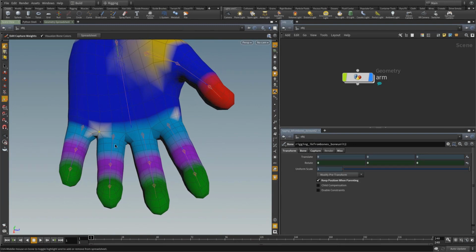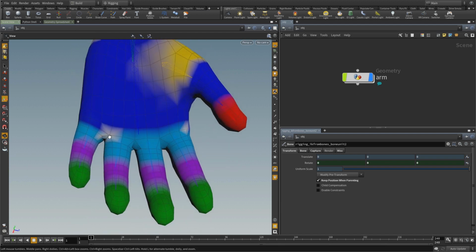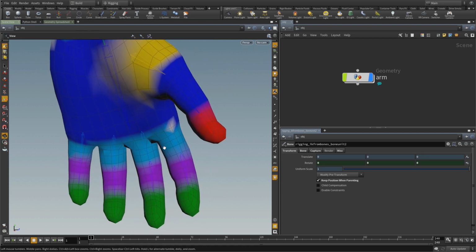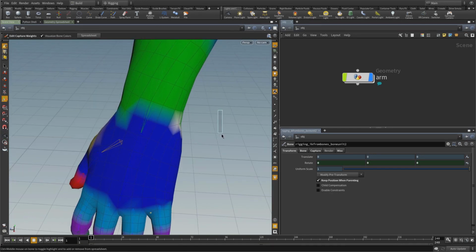I could just grab 1 point. Where do I want that one? It's not captured at all. Let's put it on that guy there. I can grab this guy, give him a little bit. So I can go through and use this tool interactively